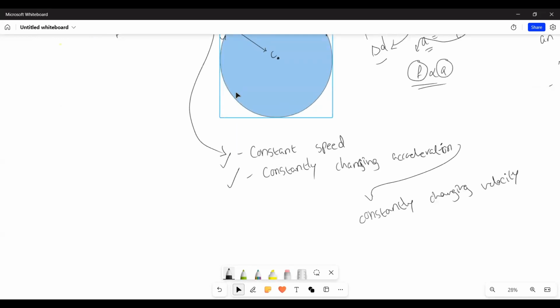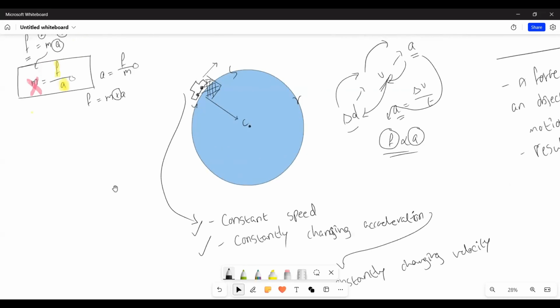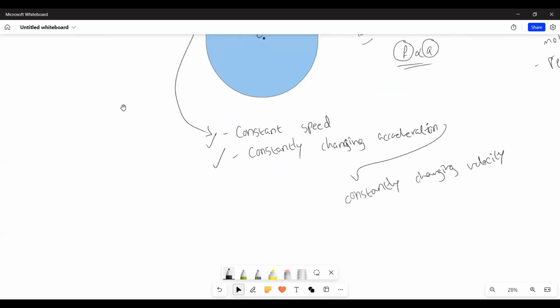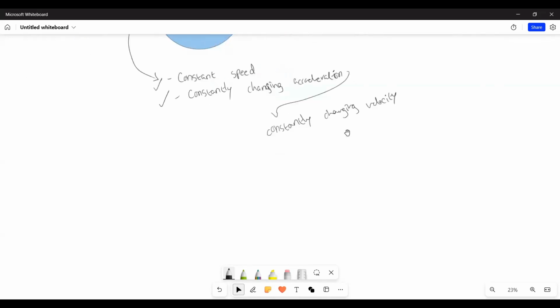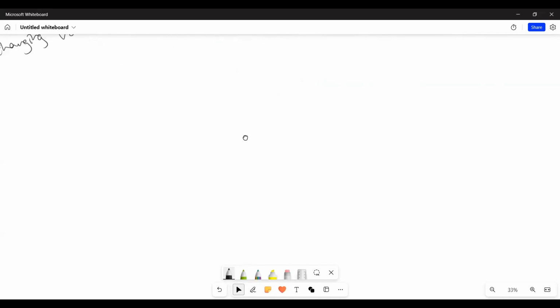We said that the centripetal force is a force that keeps objects in circular motion, right? The motion of the object on this track can be described as constant speed and constantly changing acceleration due to constantly changing velocity. Now I'm in this car, driving in a roundabout, and my turn to leave the roundabout has come. To exit the track, we're going to be using Newton's first law again. Don't be scared of it, Newton's first law is very, very cutie, very itsy bitsy.